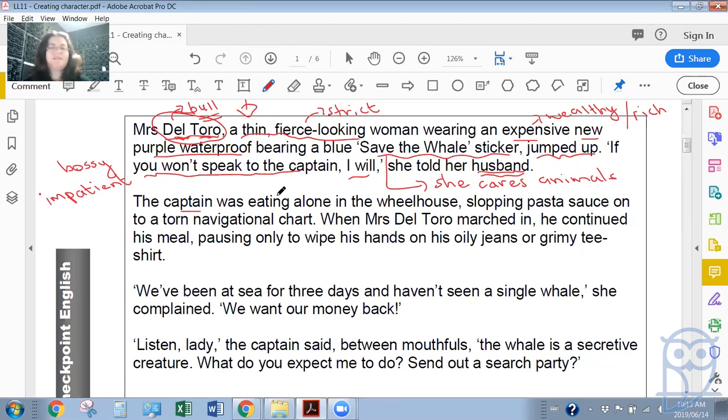The captain was eating alone in the wheelhouse, where you steer the boat. Now here's an interesting verb: slopping pasta sauce, slopping. What does the verb slopping suggest about the way that this captain is eating? He is messy, yes, absolutely. He's messy, right? And what else can we infer, can we guess about this slopping action that he's carrying out? He's messy and therefore he is,